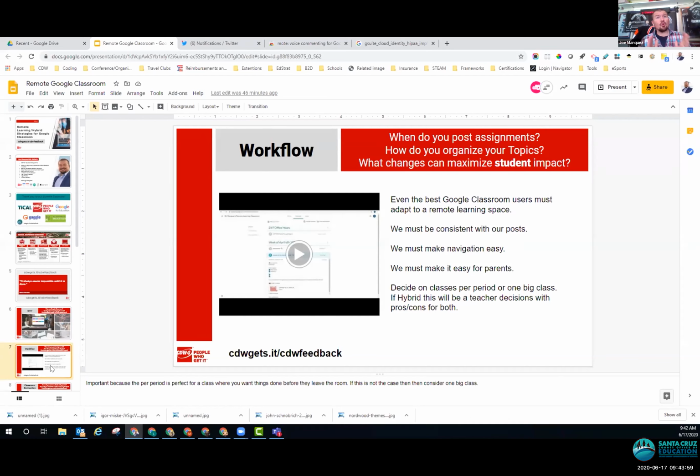And one last thing, we have to make sure there's a consistency across our district as well. We don't want one teacher using Google Classroom, another teacher using Microsoft Teams, another teacher using Canvas, because especially in a secondary school, you're going to have students all over the place if you have a carte blanche of teachers being able to choose. We have to start saying, this is the LMS our district has chosen. This is the LMS that all teachers will be using, just because we don't want to confuse the students. And same thing with parents.